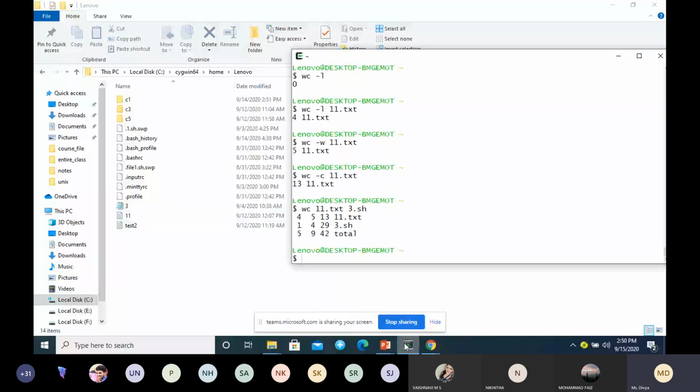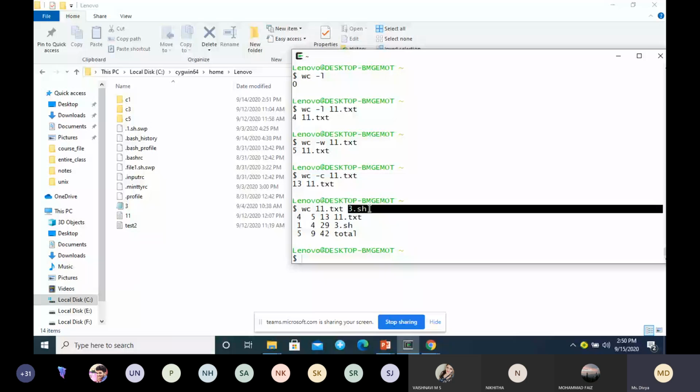These are arguments I'm passing; there is no option. The command is WC, and there are 2 arguments: the first is the file name 11, and the second is the file name 3.sh.